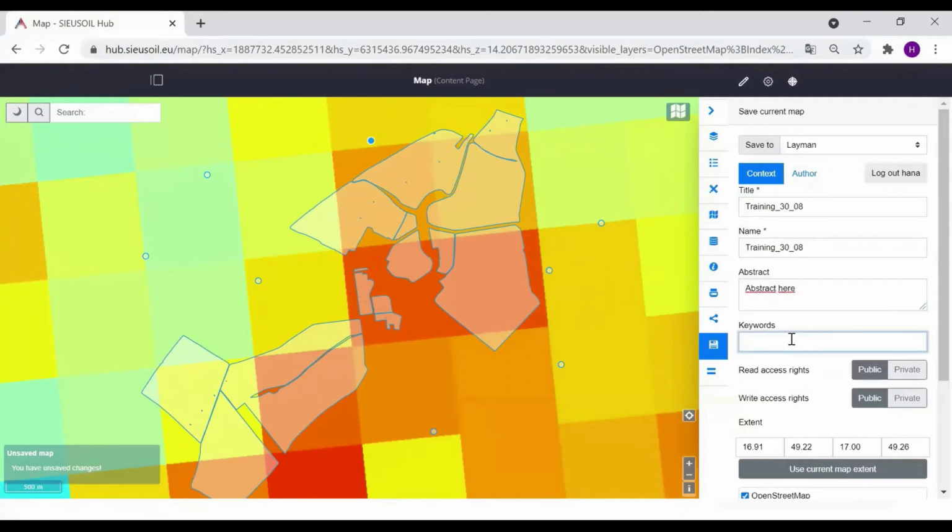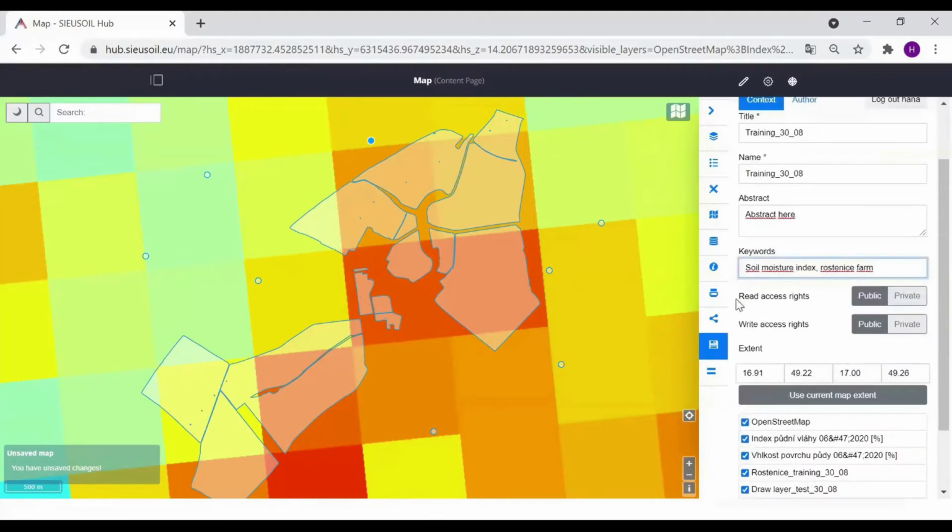So, for example, soil, moisture, index, Rostenice, farm, and so on. And you can also select whether this map composition will be publicly or privately readable or editable.